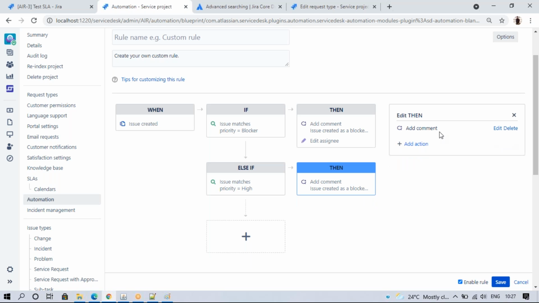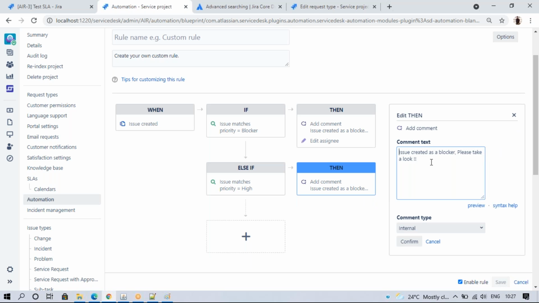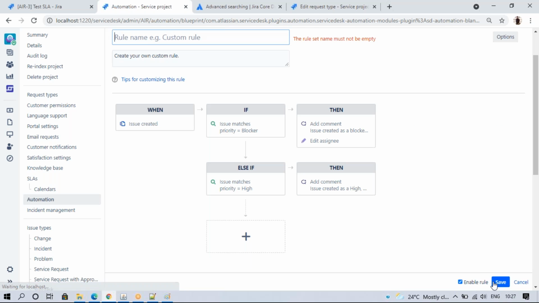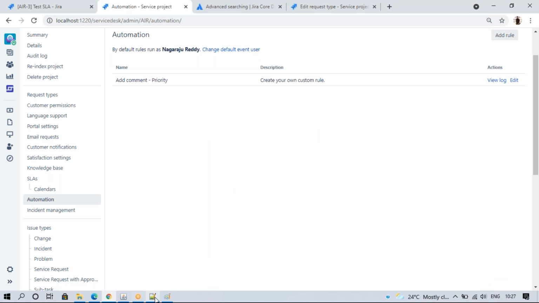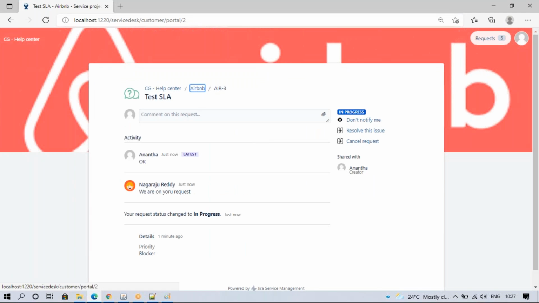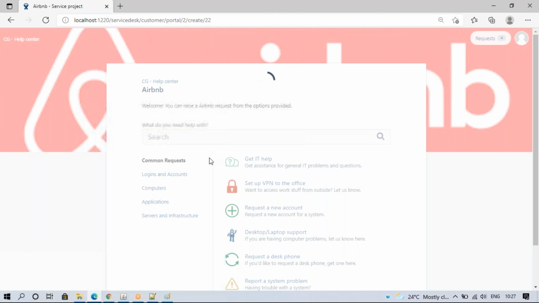I don't want to assign this to Nara, just try to edit the comment. Save.